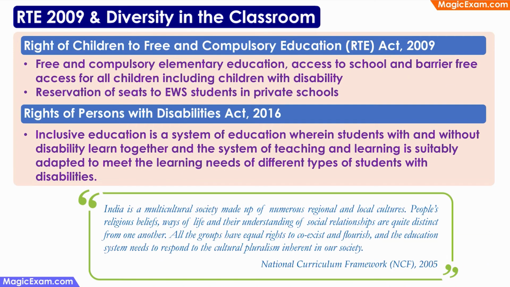If we look at the legal and the policy framework of the current education system in India, then we see that the RTE Act, that is the Right to Education Act of 2009, talks about free and compulsory elementary education, access to school, and barrier-free access for all children, including children with disability. It also talks about reservation of seats for EWS students, that is economically weaker section students, in private schools. And if you look at the Rights of Persons with Disabilities Act of 2016, then it talks about